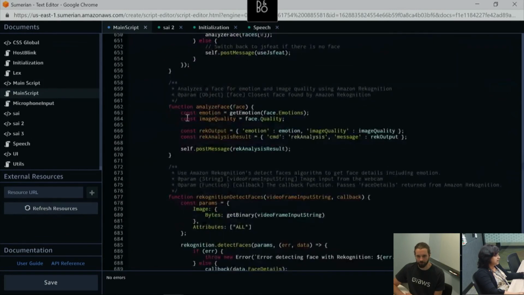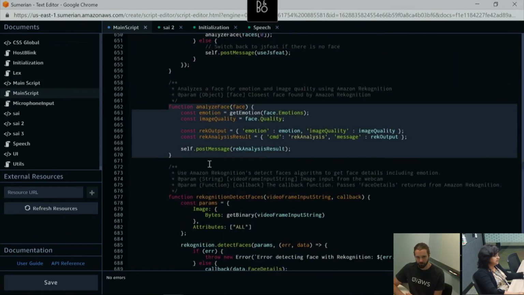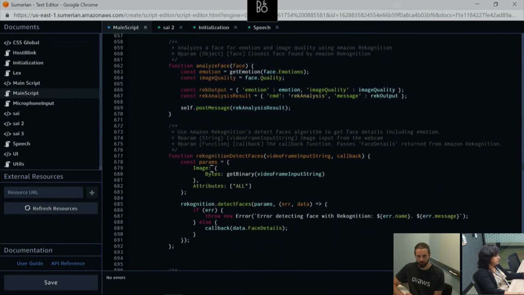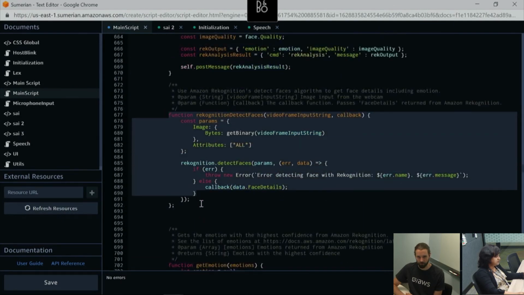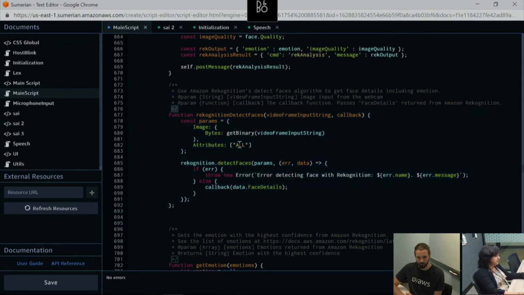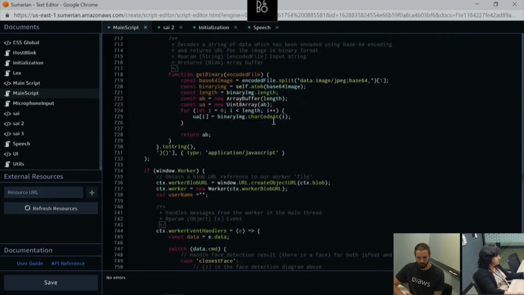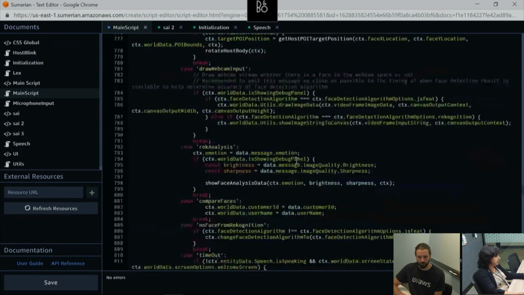This is the code for analyzing the face, which is where we are detecting the emotions and identifying whether it's a face or not. So that is detect faces, and this is get emotion, and get binary is the data for whatever you are seeing on the scene. For example, it's capturing the data from the web camera, so it has to convert it to base 64 in order to compare it against what we have in the S3 database. So these are some functions for that.